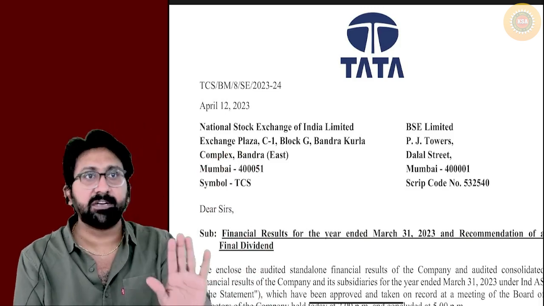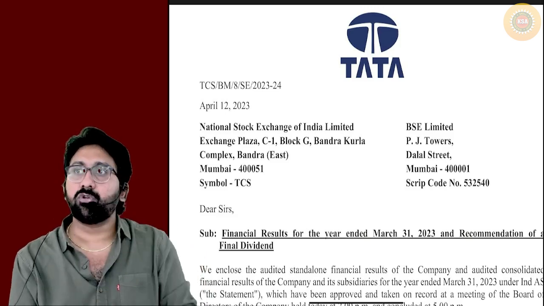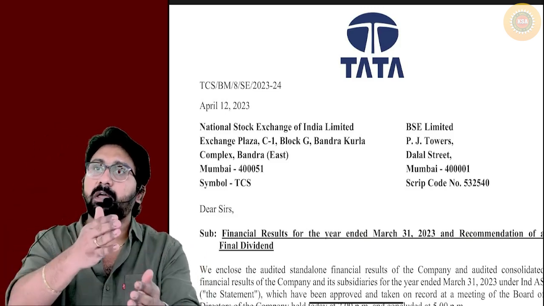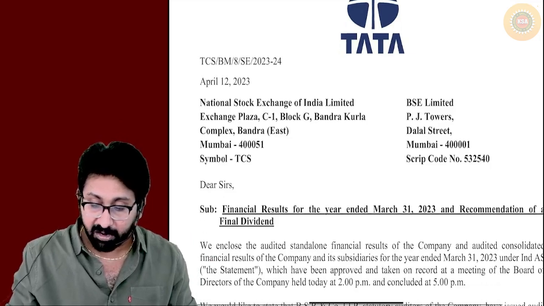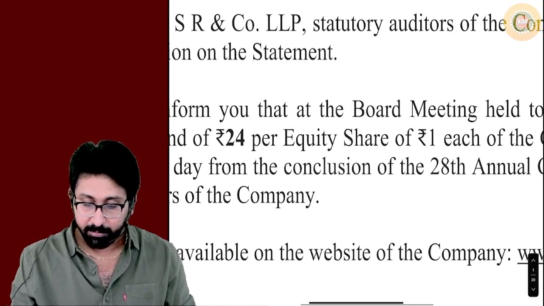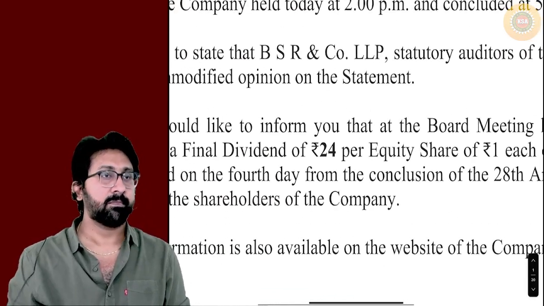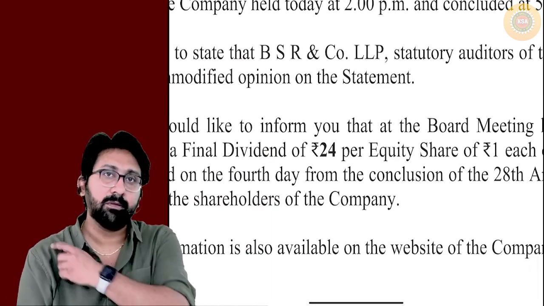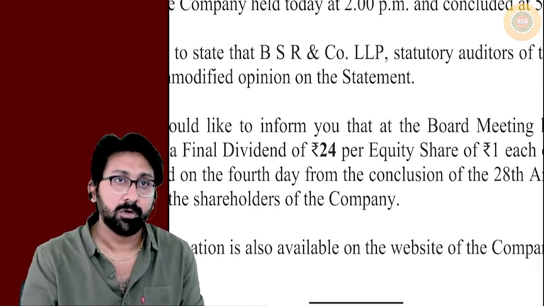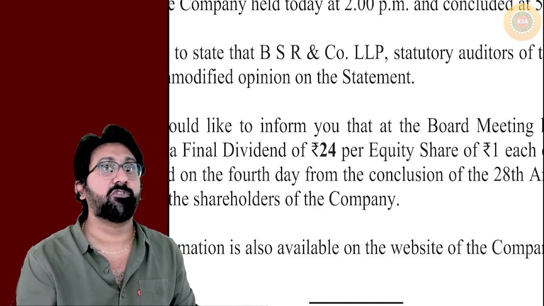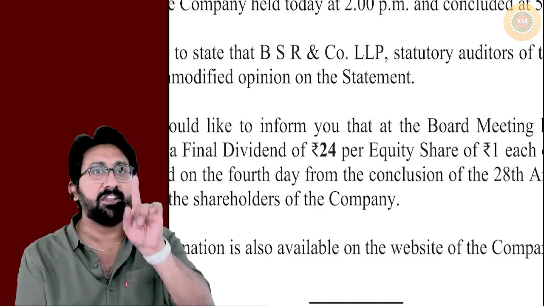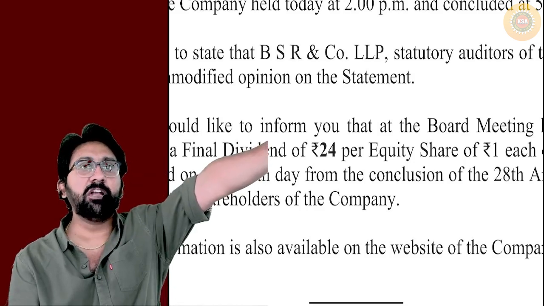That's all. This is what is said in the Companies Act. They didn't tell that you should pay only to the extent of par value. TCS, do you know how much dividend they paid? 24 rupees on a par value share of 1 rupee. 24 times. Proportion is 24:1. For every 1 rupee, they paid 24 rupees dividend.